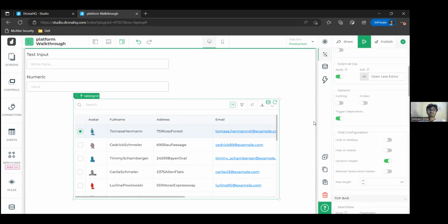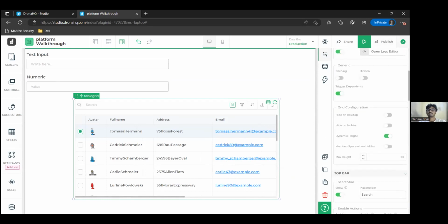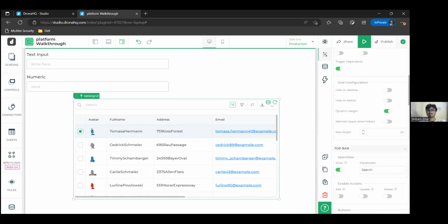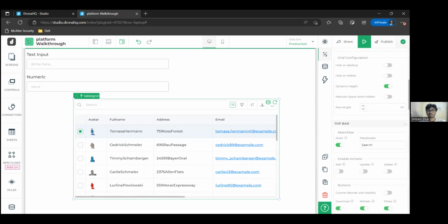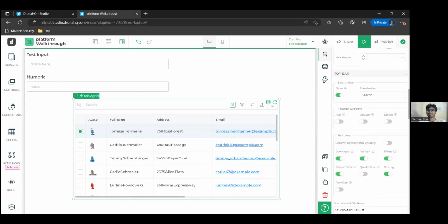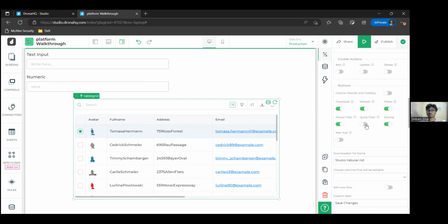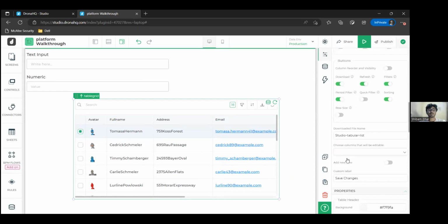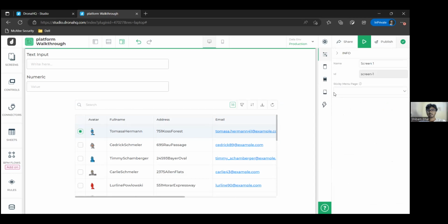Okay, so since we are using table grid control, there are many properties which are present for table grid control. So you have adding search bars and download option, quick filters. You can select which columns you want to make available for editing purpose. And the next part is